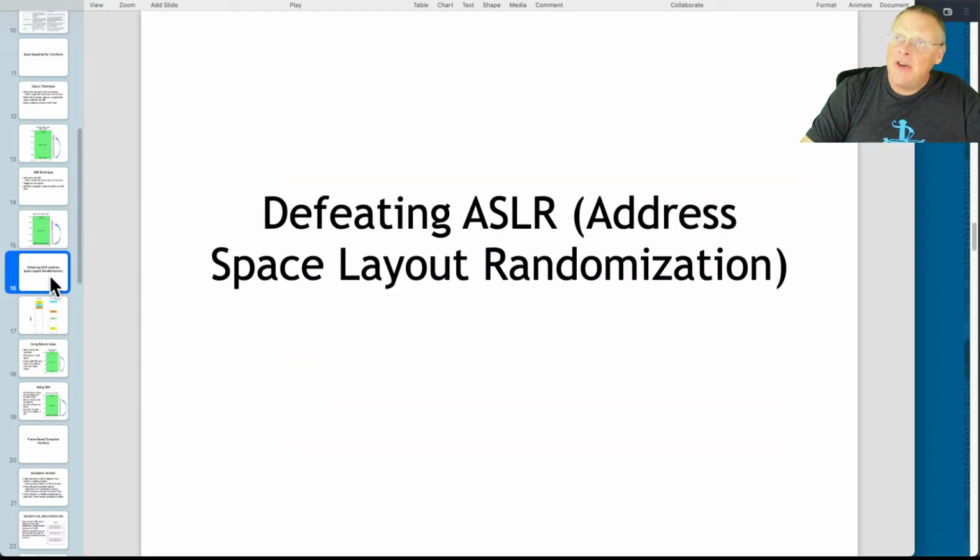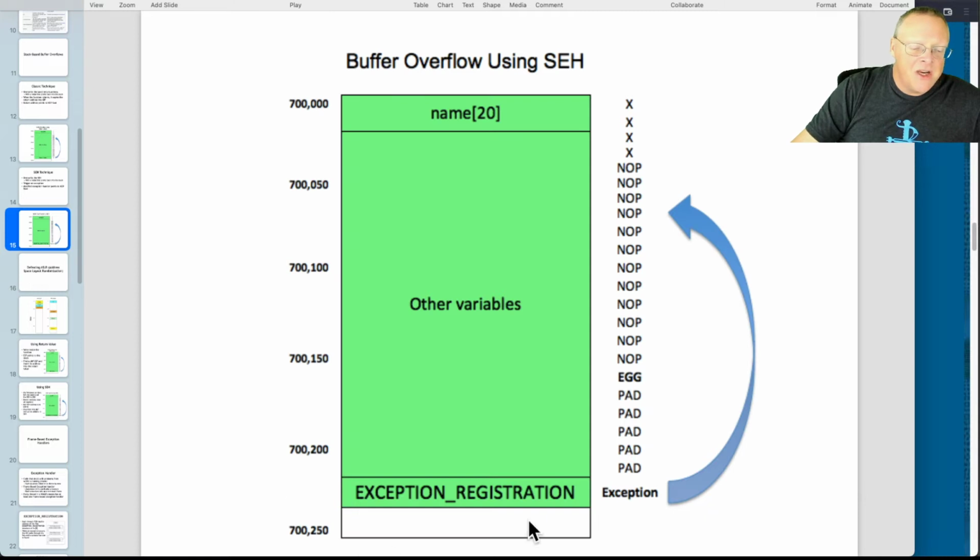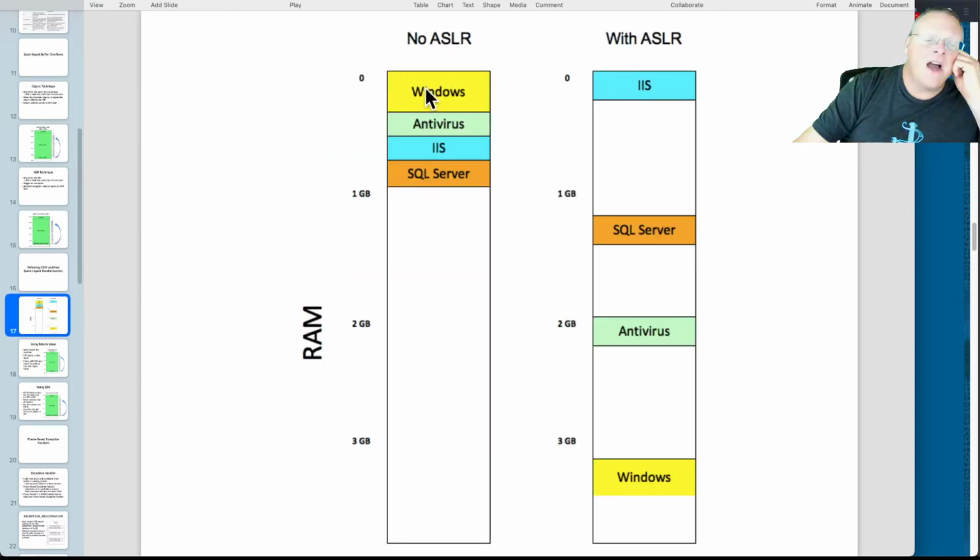Address space layout randomization means every time you restart a process, it will randomly relocate in memory, and that makes this difficult because even if you gain control of an address, you don't know what address to put in there because you don't know where your code is. So that's annoying. Without ASLR, it will just use the first area of memory for this, Windows then for antivirus, IIS, SQL Server. With ASLR, it will just all be randomly placed in memory,